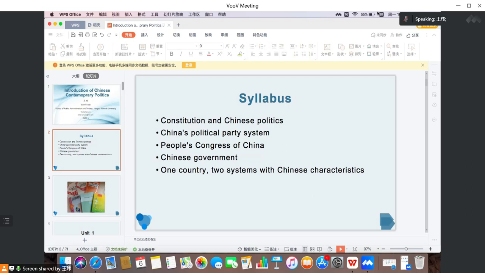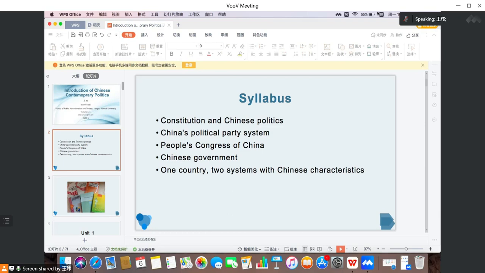But in these 30 years, from 1949 when the PRC was just founded right until the 1980s, 30 or 40 years? 30 years, right? For most of our time, China was fighting against the